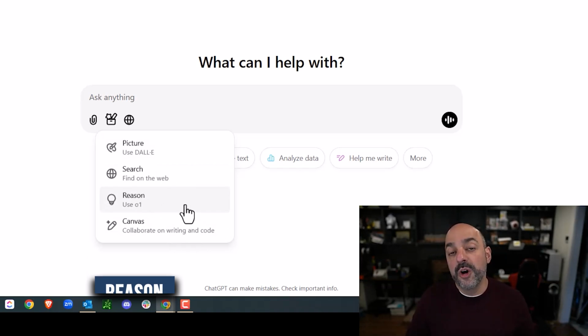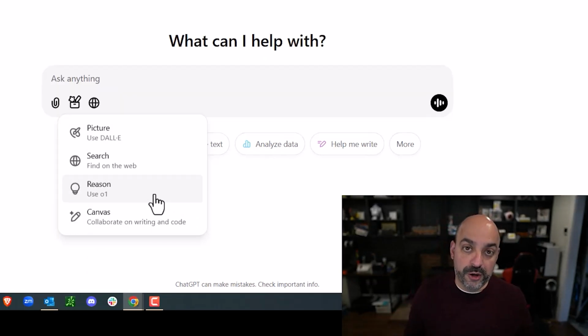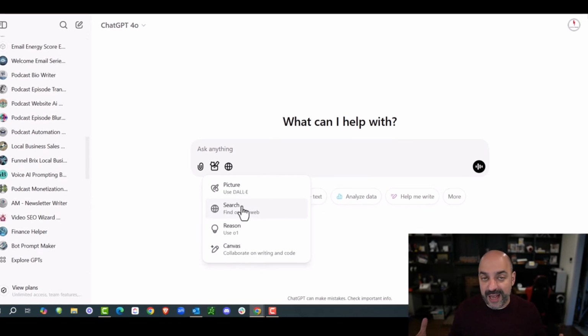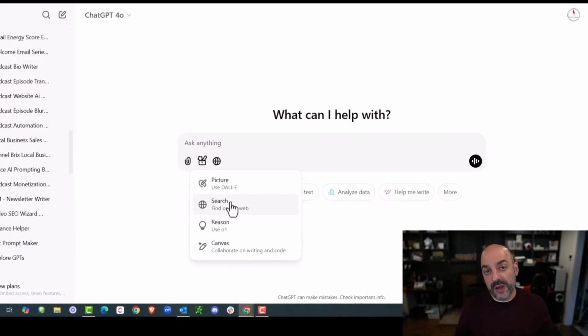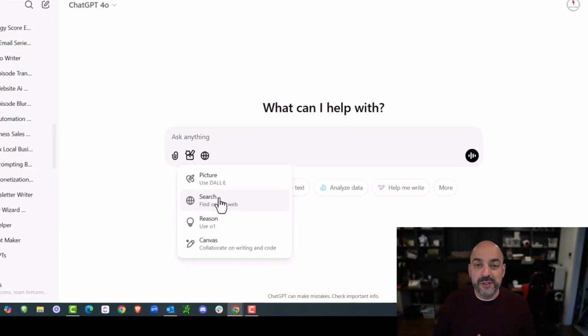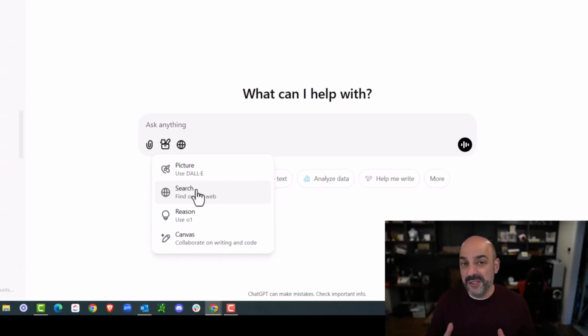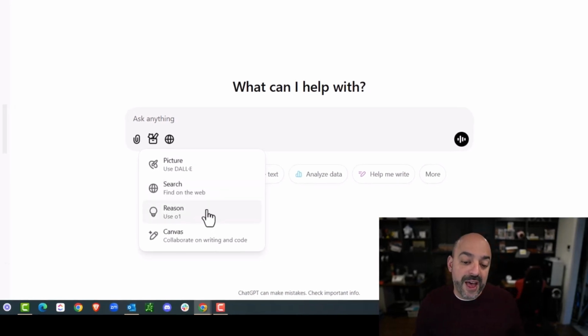Reason basically helps you really think of things, and it's more of a thought partner, and it goes into a deep research mode that allows you to have much higher level conversations. Again, only available in Plus and in Operator, because Operator is the highest plan you can go. It goes from $20 all the way to $200 a month based on what it can do. In the plus sign, the Reason is more for reasoning questions. Make believe you're trying to analyze job interviews based on people's questions, and you want a thought partner that can help you reason why this would be a good or bad hire. Or you're trying to analyze code and see the reason behind the code, and if it's the best logical code, that's the one you would use.